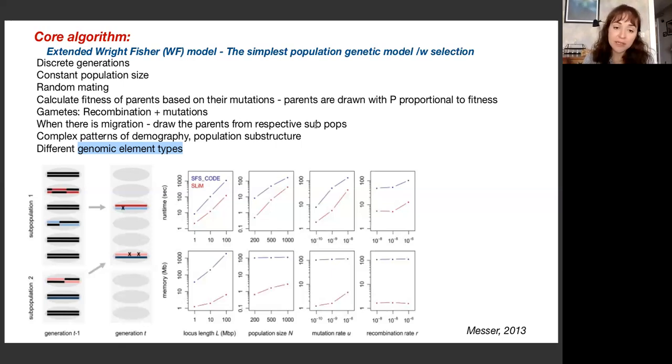And in this figure on the right side of the panel, we see the efficiency. So it is complex, but it is also efficient compared to, for example, SFS code. The SFS code is blue and SLiM is red. In this panel, we see the runtime. When you compare the runtime based on the locus, for example, if you sequence a 1 megabase locus, 10 megabase, 100 megabase, you see that the runtime for SLiM is faster. And also here, if you check the population size, like 200 individuals, 500 individuals, and 1,000 individuals, then again, SLiM is more efficient, simulating faster